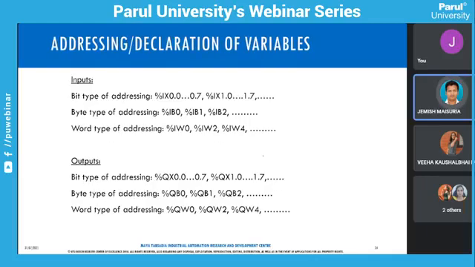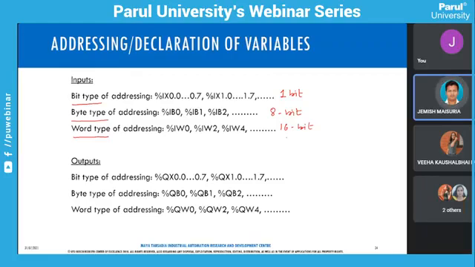So when you are going to work with the PLC, the PLC will have input modules and output modules. So you can provide a bit address to those inputs, a byte address, as well as a word address. Bit address means what? One bit will be there. Byte address means you can combinedly provide an address to 8 bits, and a word means what? It's 16 bits. Simple. So according to your input, you can provide the addresses.